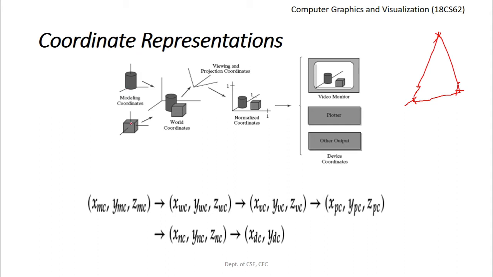Okay, in this example we first identify the vertices for drawing this cube and the cylinder, and then we place the cylinder and the cube with respect to each other in a given scene using the coordinates called the world coordinates. First we use the modeling coordinates and then we place them in a given scene called the world coordinates. After all the parts of a scene have been specified, it is processed through various output device reference frames for display. This is called the viewing pipeline.